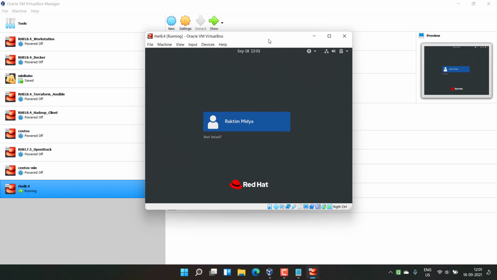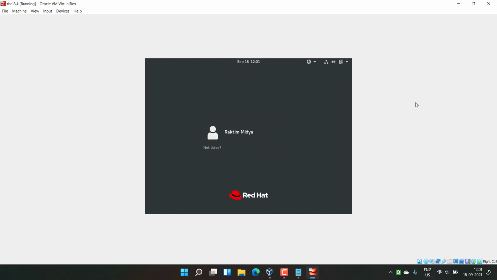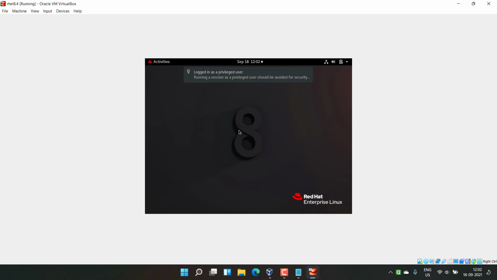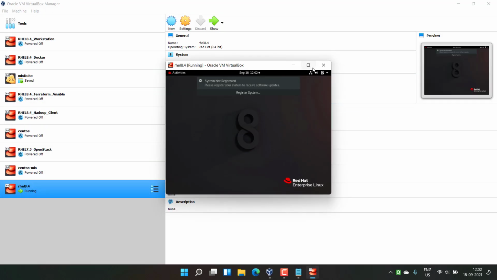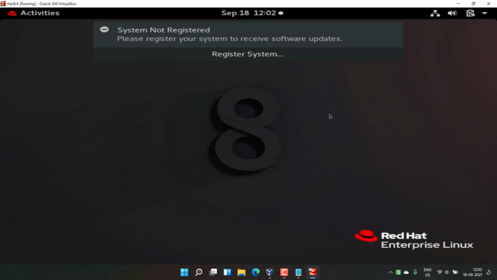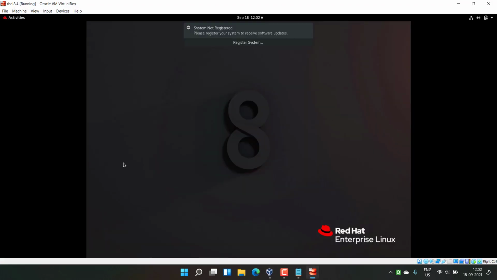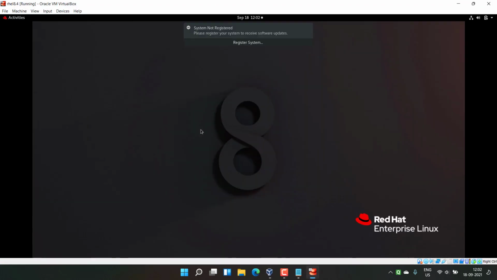So my VM comes up here, and now let me make it full screen. It's not actually coming into full screen, but as soon as I log in, I will choose Not listed, I will enter root, and my password. Alright, so it hasn't come into full screen mode. For that, I can press Right Control and C. I just need to scale it once. I will do full screen, and I will again press Right Control C, and you can see it comes up to the full screen mode. Now it's working in full screen mode.